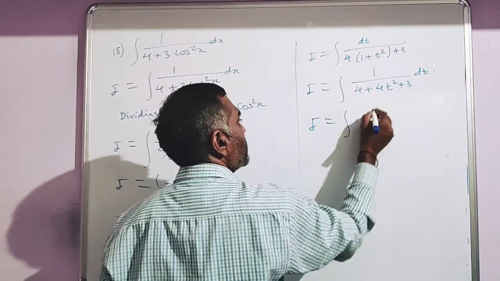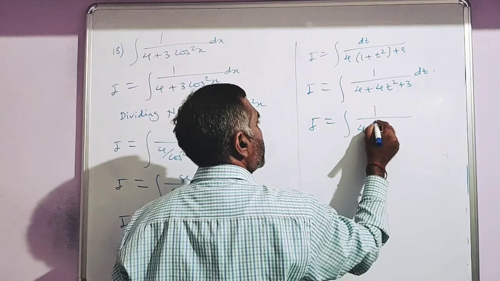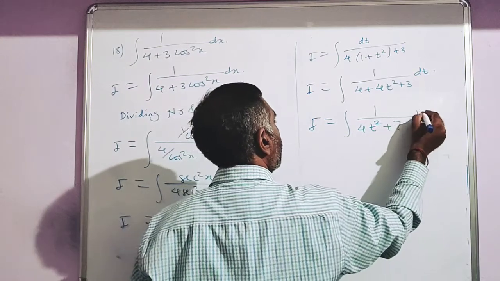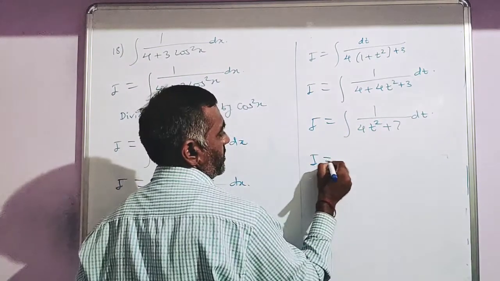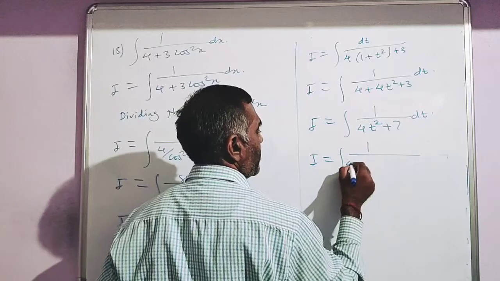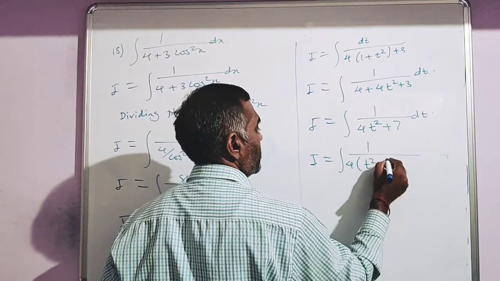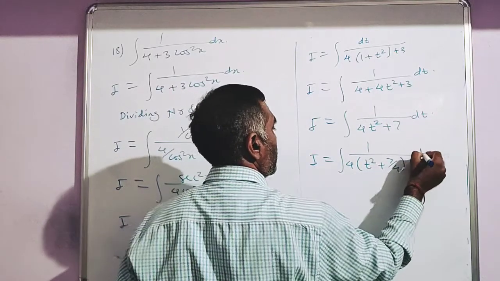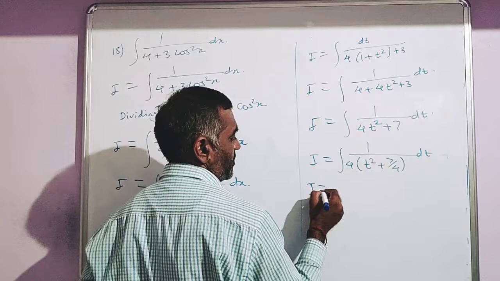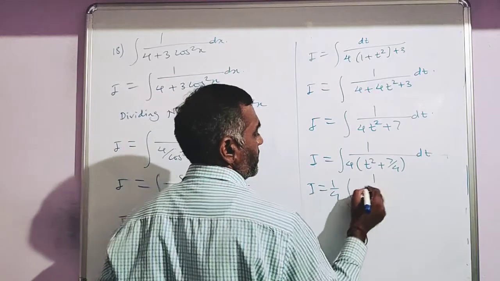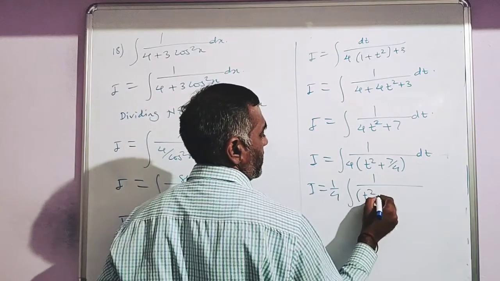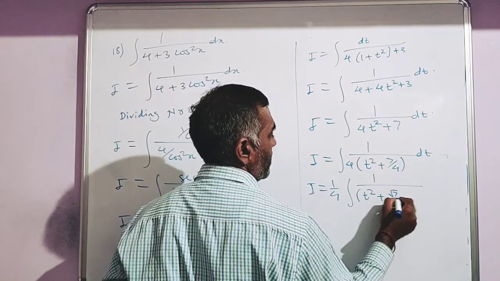I is equal to integration of 1 upon 4t square plus 7 dt. I is equal to integration of 1 upon 4 in bracket t square plus 7 by 4 dt. I is equal to 1 by 4 integration of 1 upon t square plus under root 7 by 2 whole